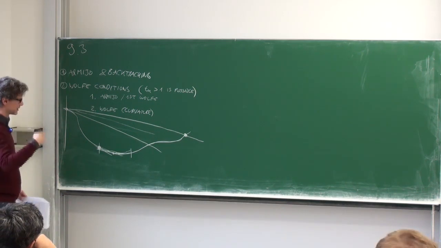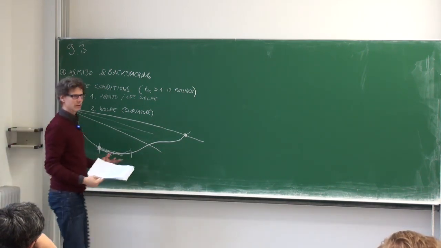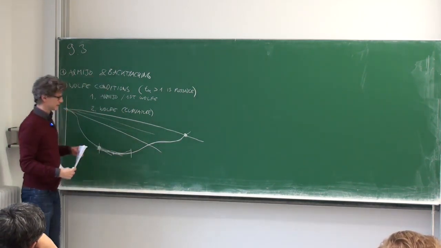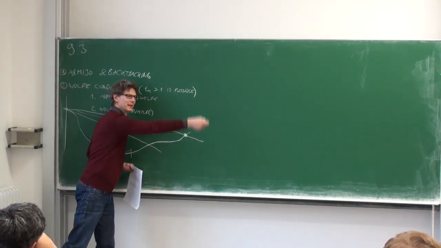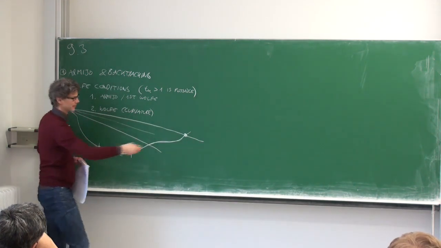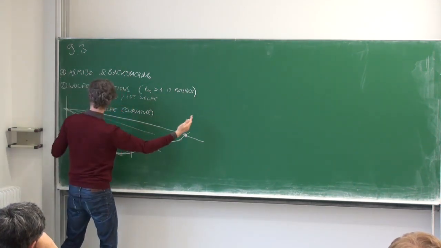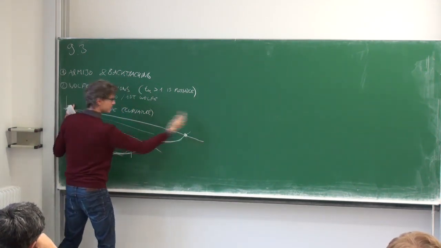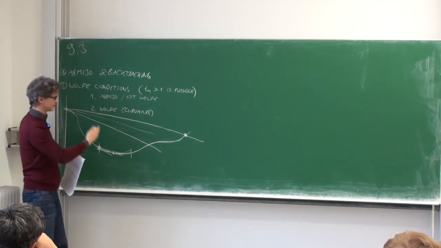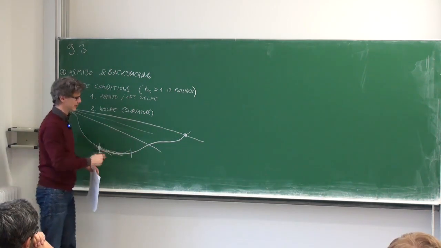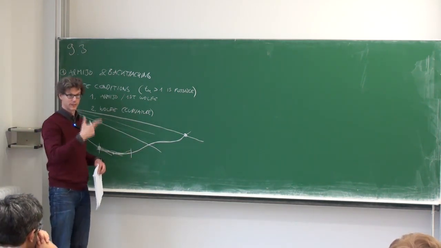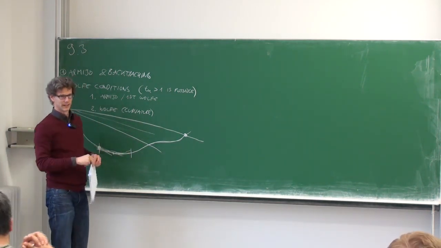But these Wolfe conditions need a different line search, and it's a bit more complicated. The typical way to do it is first of all to find a point that violates the Armijo condition, so that you have something on that side, because then you know the right point must be somewhere in between. Then you can divide your interval, evaluate your function in the middle of that point, evaluate the function and the slope, and then you can check Armijo and